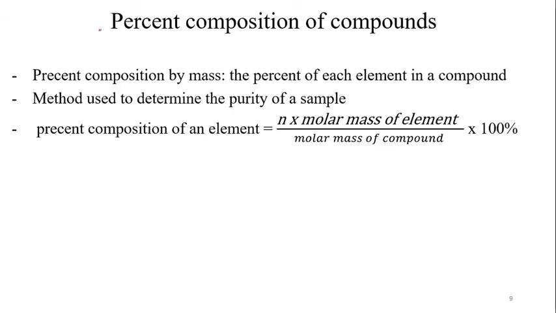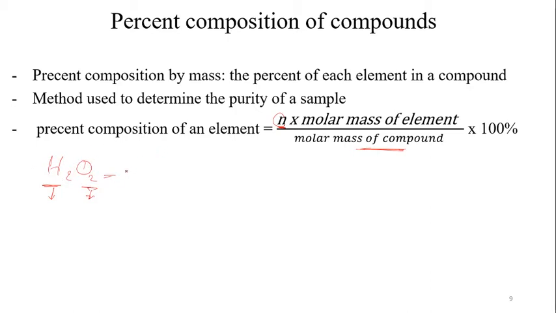Now moving to calculate the percent composition of a compound. I use this method to determine the purity of a sample. So if I want to know the percent composition of an element, I multiply the number of atoms of my element by the molar mass of the element, divided by the molar mass of the compound, multiplied by 100 to get the percentage. If I want to know the percent composition of each component, the hydrogen and oxygen, first I need to know the molar mass of